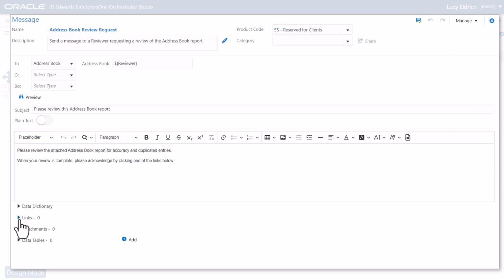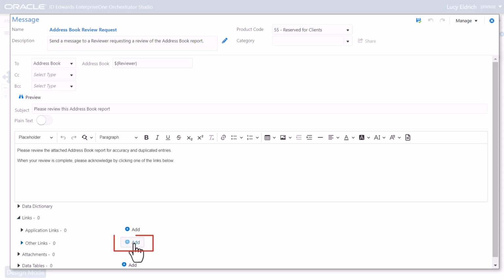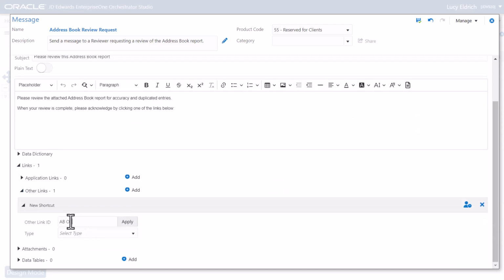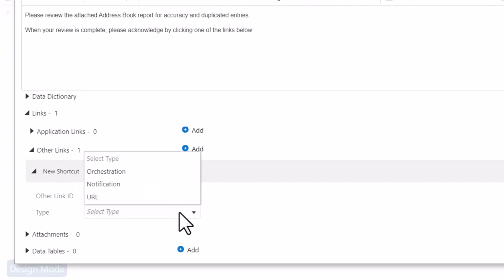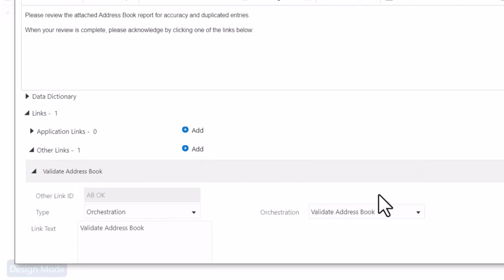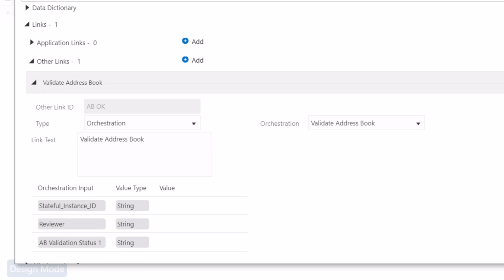Now, let's add a link. In the Other Link ID field, enter ABOK and click Apply. Let's select the type as Orchestration and select Validate Address Book. Enter the link text as Address Book is OK.